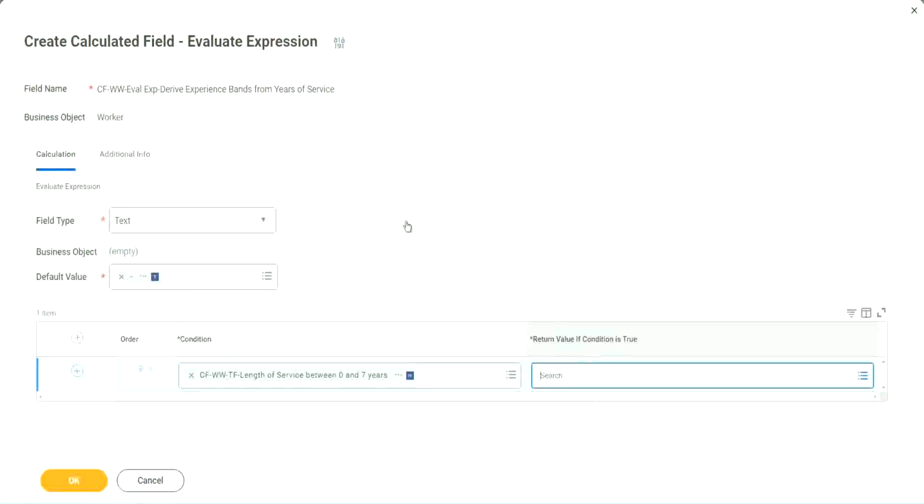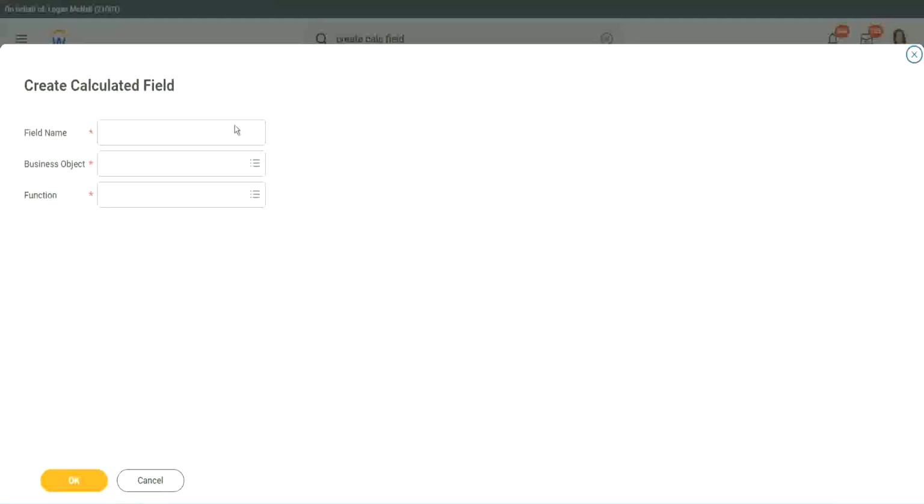Let's click on that and say create calculated field. So we will call it CF text constant. Right. Amateur. And we have to also put a W? W right. So business object. Now you have two options to store the business object. One is, you can use worker, of course, like the rest of the worker-related objects, or you can use